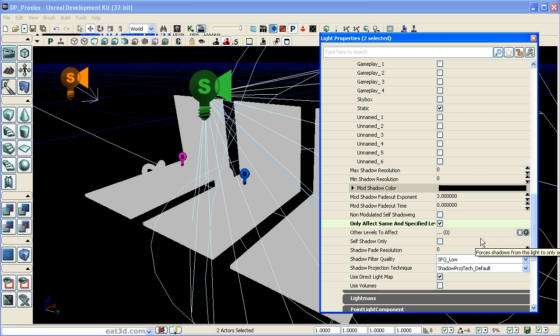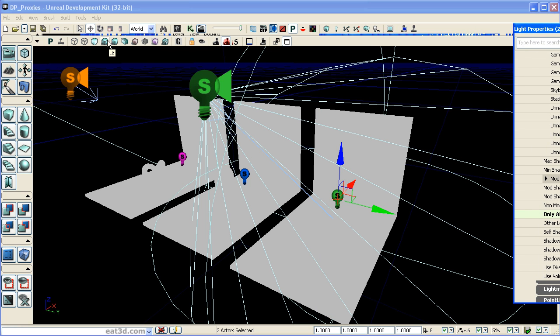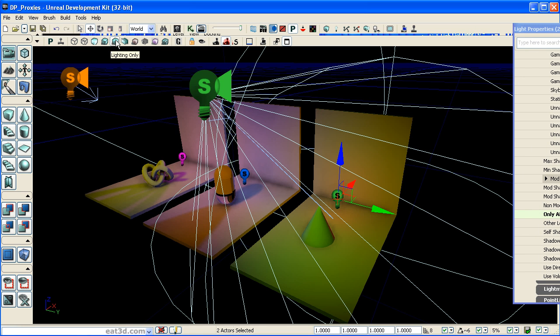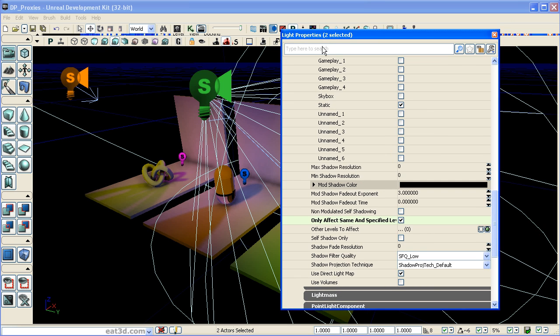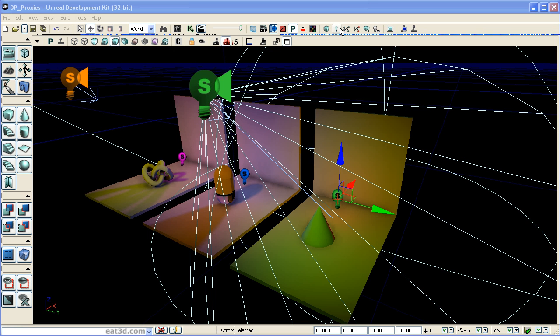You can always add more levels here by just saying add new item, and you can add, say, the one right next to it, right here in my scene, or any other level you might have in your scenes. But this is another way to do exclusivity. So even though before I had it set up and green was bleeding over to purple, now that I have this flag selected on these two lights, if we rebake,